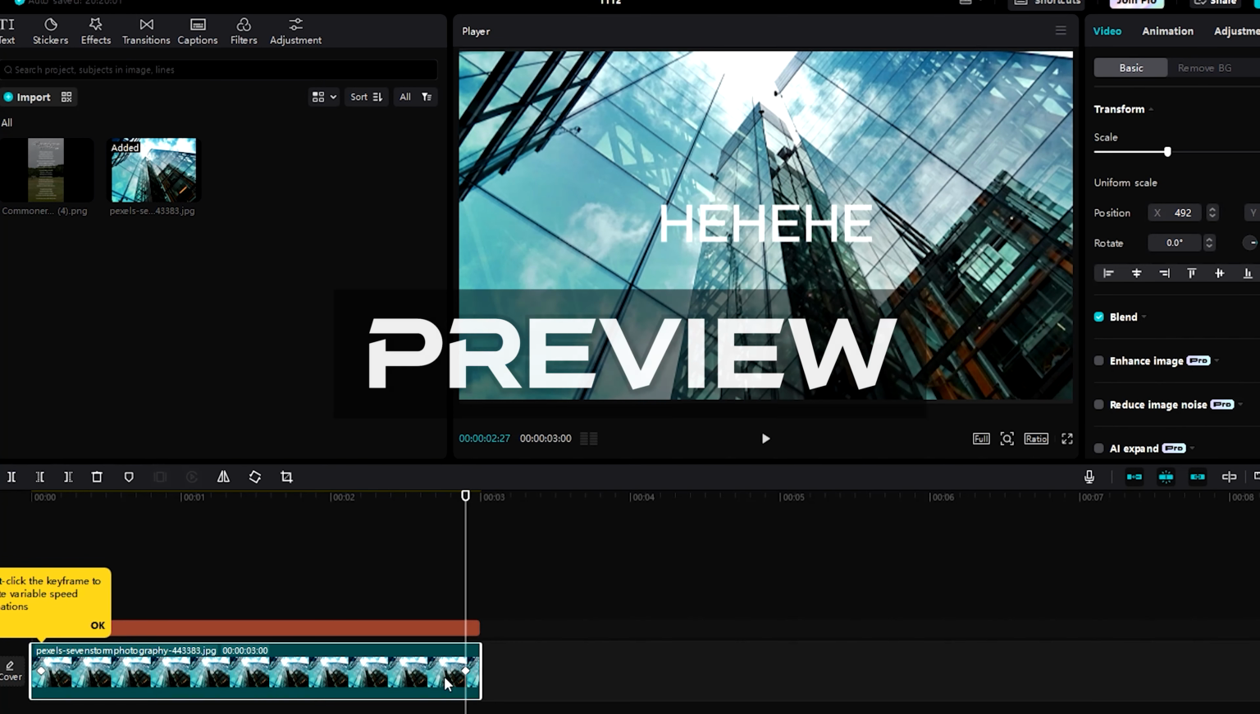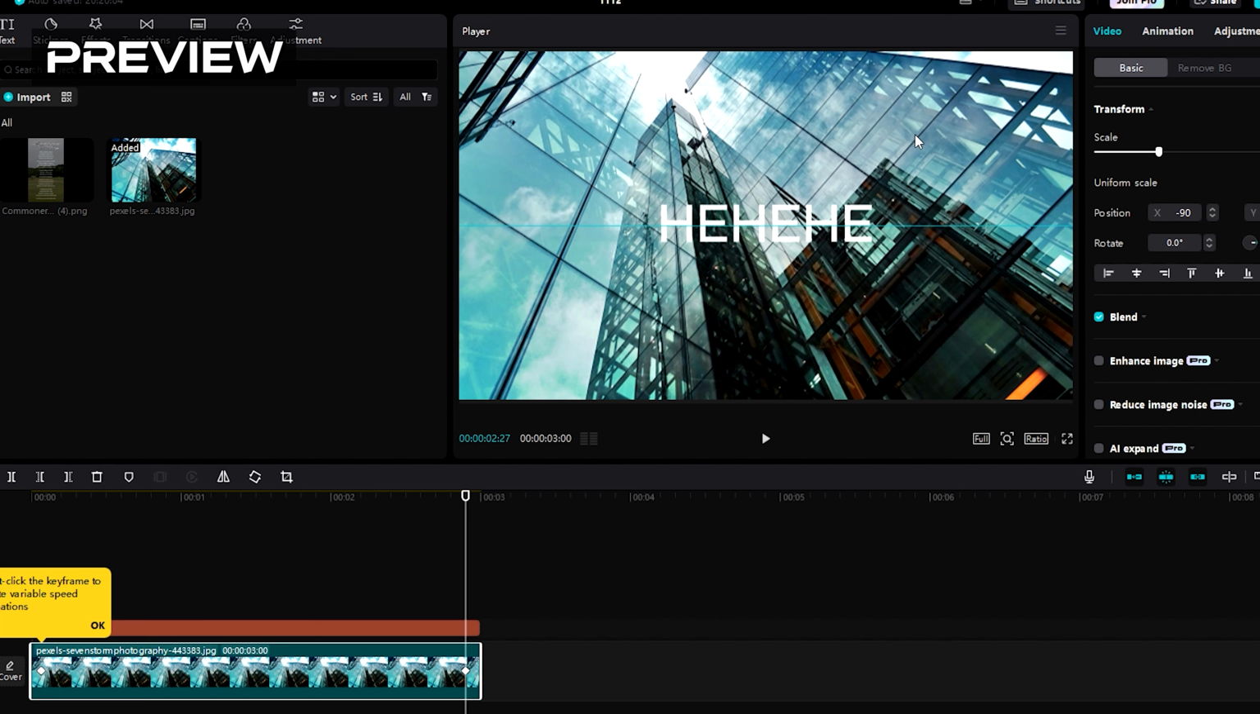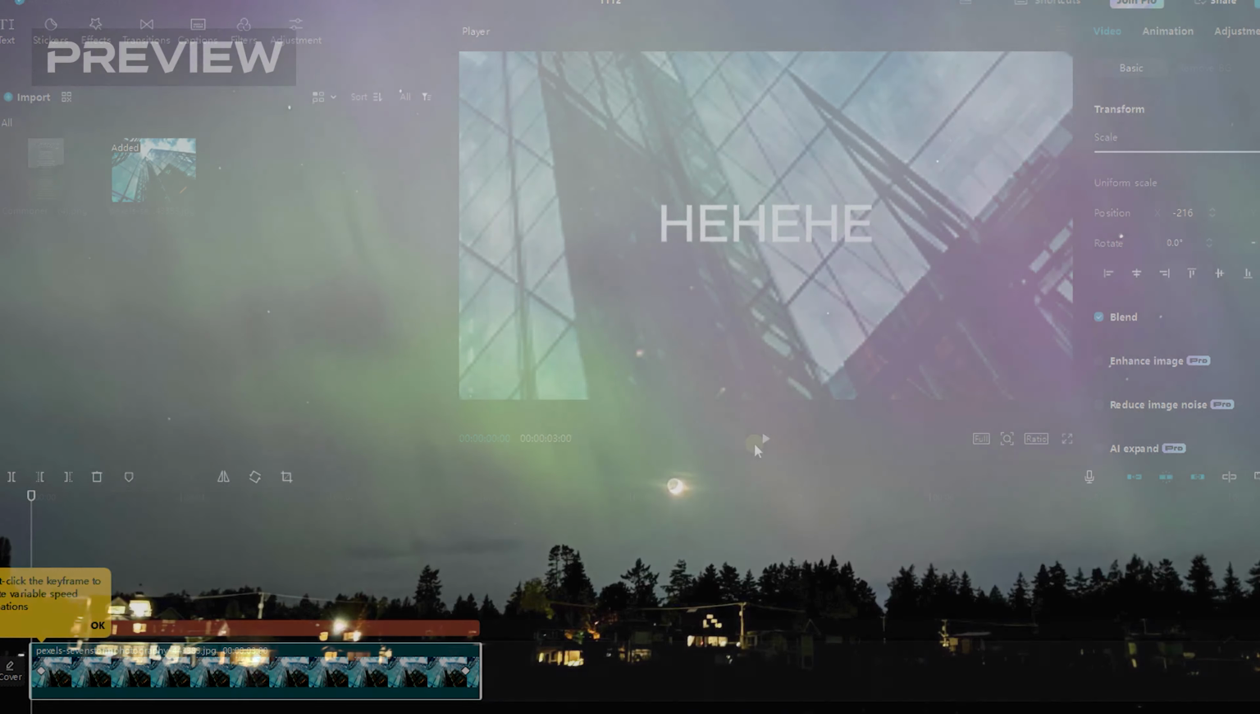can see it will add another keyframe to adjust to that. Make it look like this. And then if we go here, play,